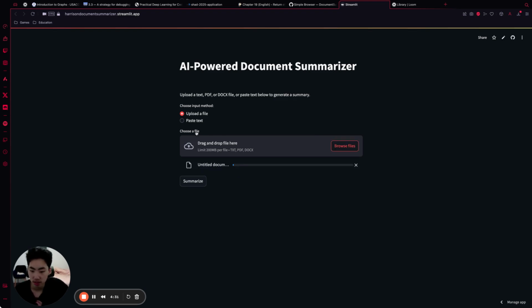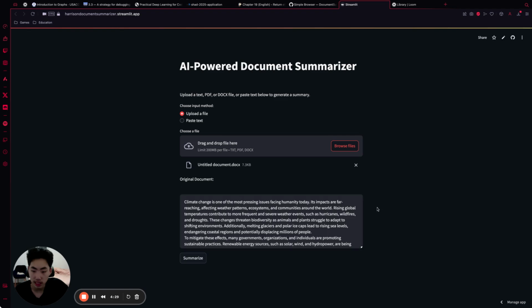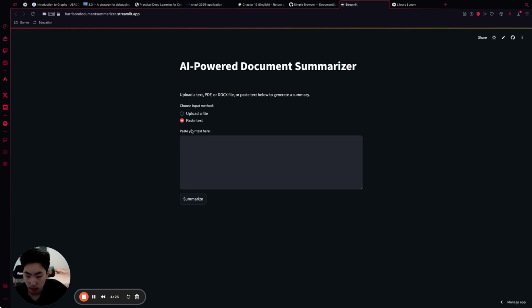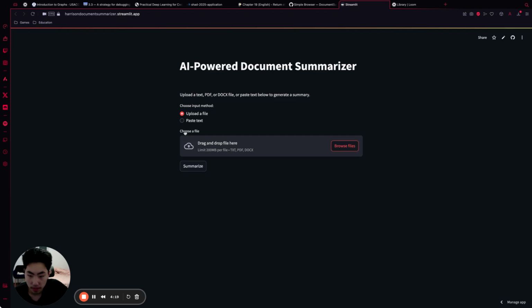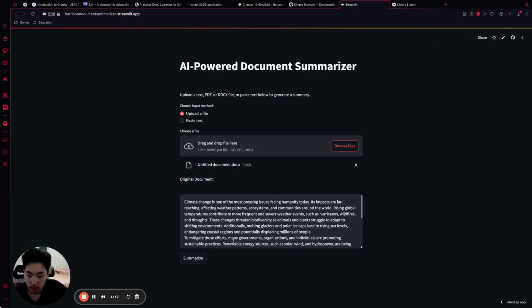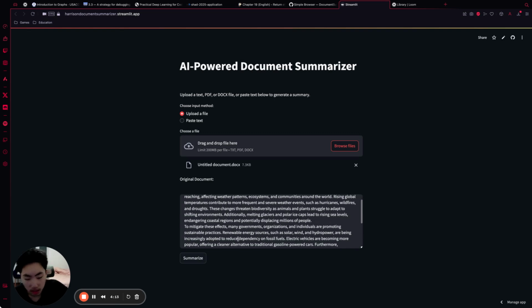So here I have a document about climate change. If I choose to upload a file, I can also choose to paste the text directly in here. When I upload a file, it'll give me a preview of what the file says. It's about climate change and its negative impacts on the earth. And then I'll click the summarize button,